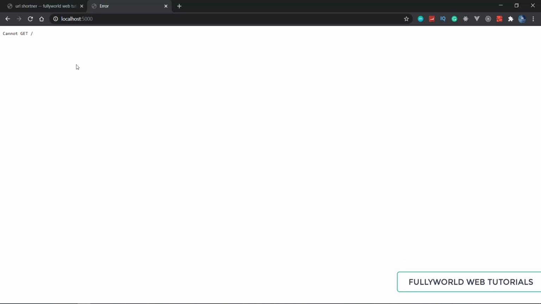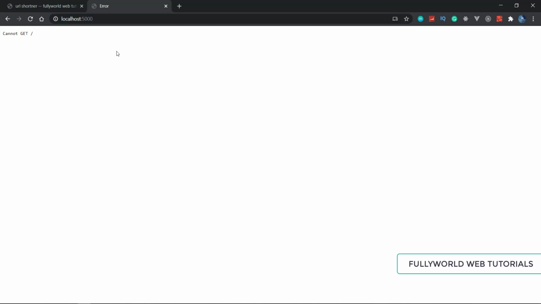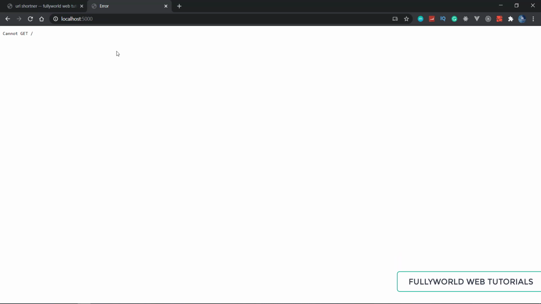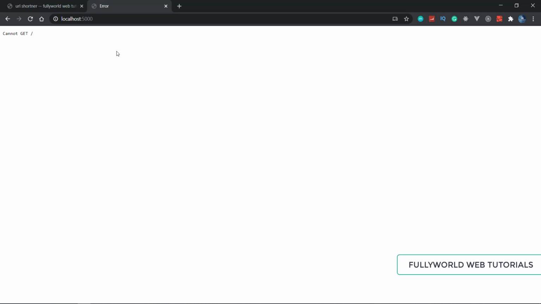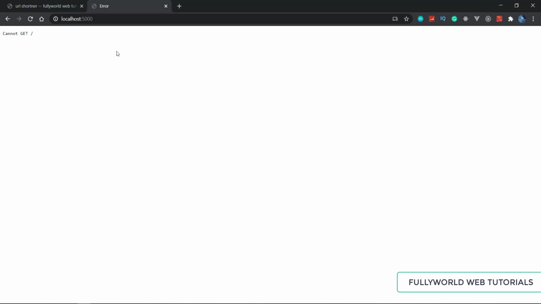This is because we are in the index page here. Slash means we are in the index page of our server, and it is not getting any requests, any APIs are not there. Because we just created a server here, see that our app is running. That means our server is generated here.